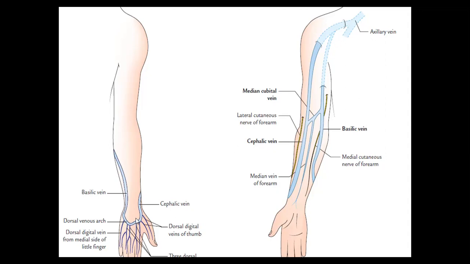From the medial side of the dorsal venous arch, I always tell you, little finger is on medial side, thumb is on lateral side when you keep the body in the anatomical position. This is the correct anatomical position, palmar aspect facing forwards. So little finger is near the midline, which is medial, and thumb is away from midline, which is lateral. If you observe this dorsal venous arch, medially it is draining its blood and continuing as basilic vein. Laterally, the dorsal venous arch is continuing as cephalic vein.